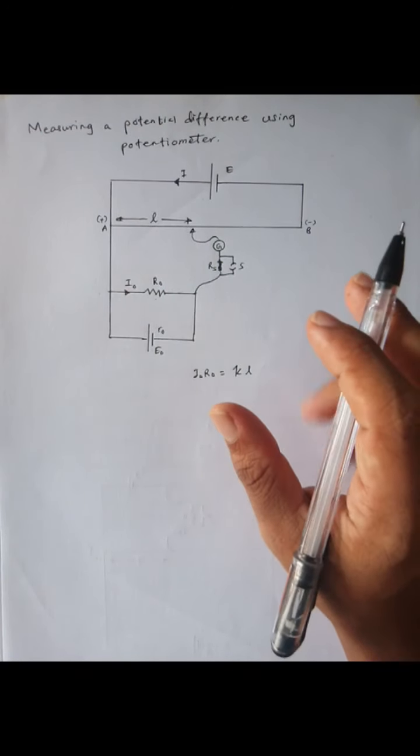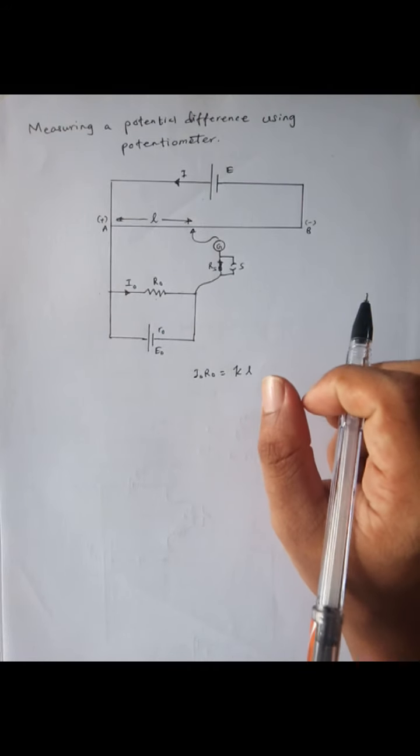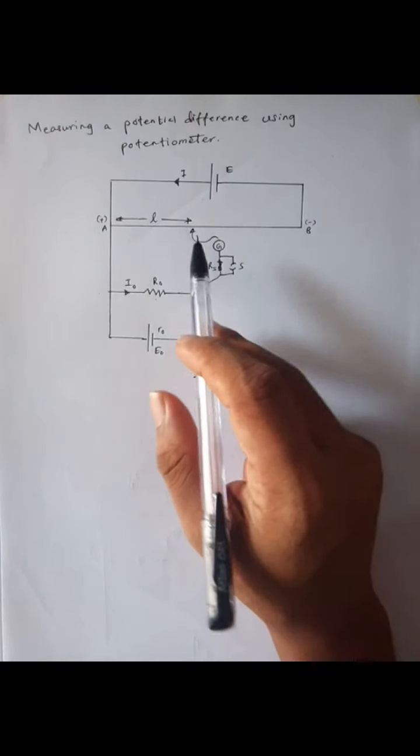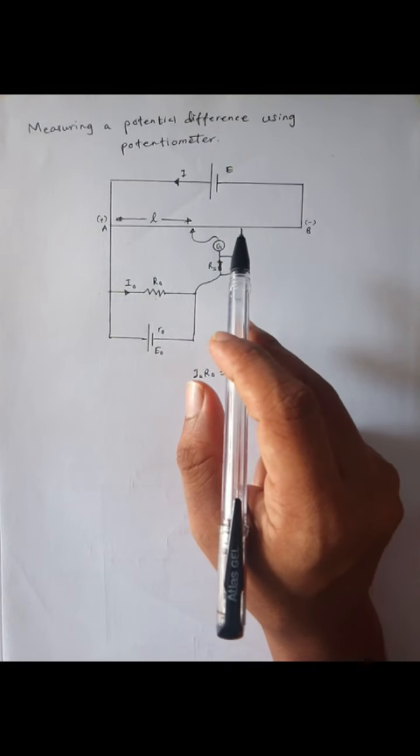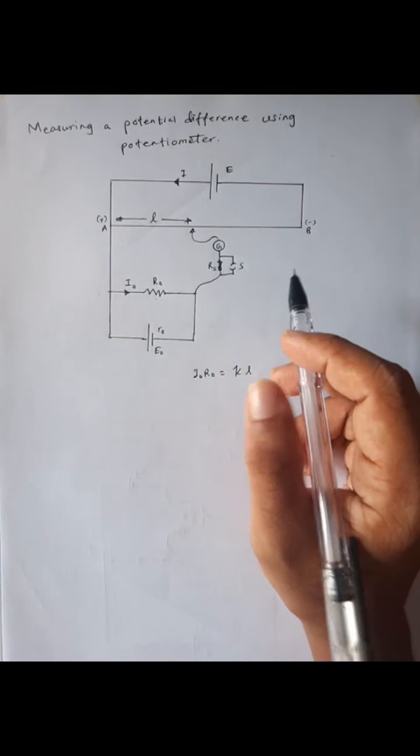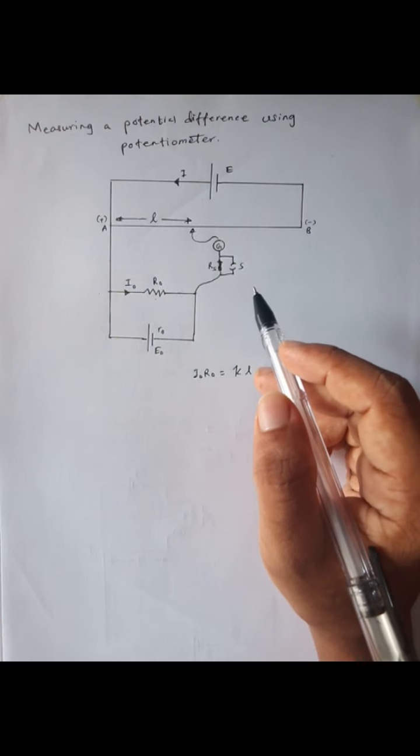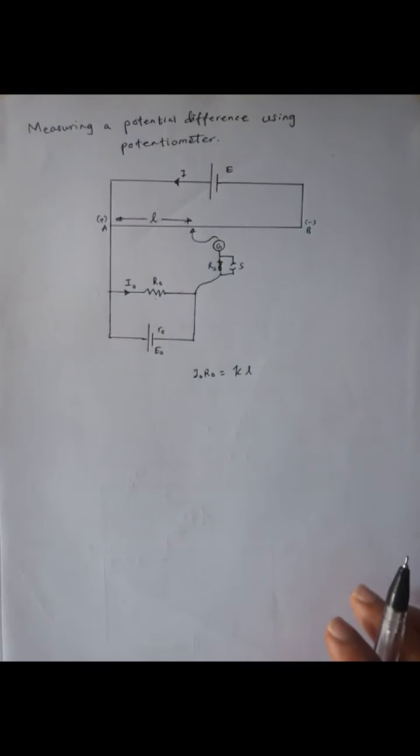Alright, now let's note down some important points about the potentiometer. When you're finding the balance length, you should not drag the jockey on the wire and should not overstress it. Otherwise the cross-section area of the wire could change. Also, one should not keep contact with the wire for a longer time. Next, at the joining of both ends of the potentiometer wire, there could be a small resistance which is not taken into account in the resistance of the potentiometer wire. So there could be a small error which is called end error.